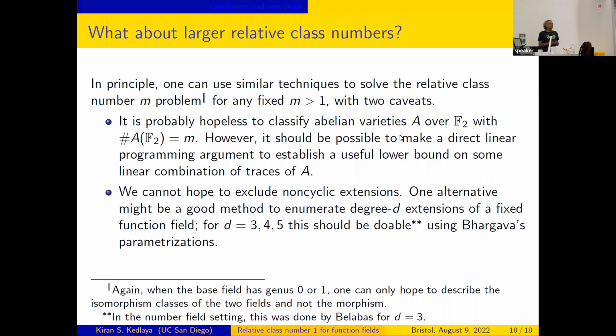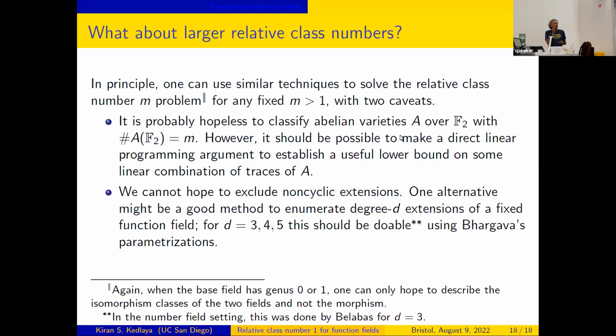The other thing you have to do is worry about non-cyclic extensions. Because I got lucky for m equals 1 and I didn't end up finding any non-cyclic extensions. But for other values of m, you probably will start to see some. So for that, you need some good way to enumerate degree d extensions of a fixed function field. And my guess is that for d up to about 5, the right way to do this is to use